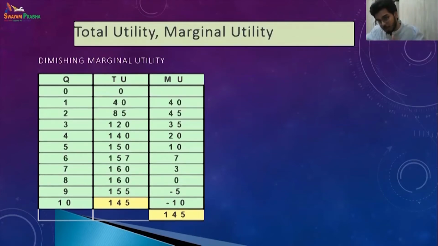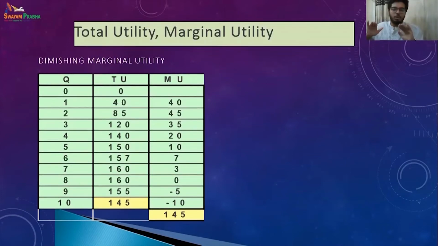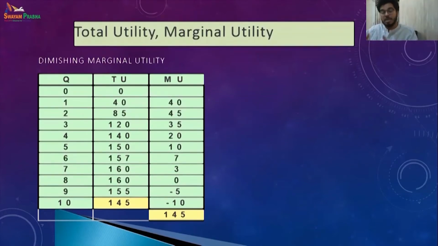Right? Now, again observe what is happening. When I am having my ninth Rasgulla, my total satisfaction is actually decreasing. I did not like it. I am full. My stomach is full. So my total satisfaction decreased: 155 minus 165, minus 5. I am having the 10th Rasgulla. It decreased further. So 145 minus 155 divided by 10 minus 9. 145 minus 155 is minus 10, divided by 1. So minus 10.